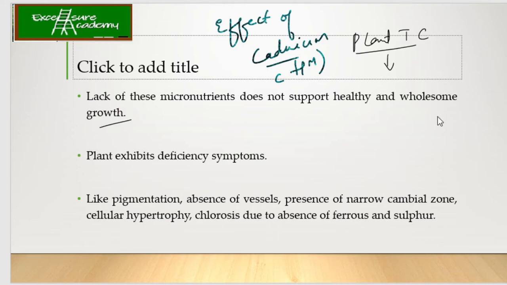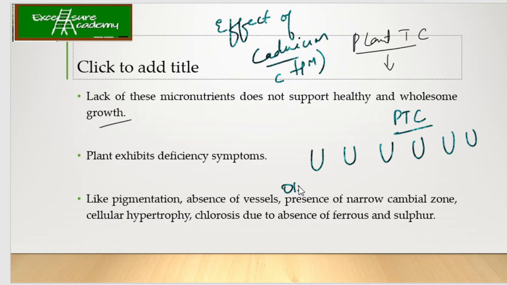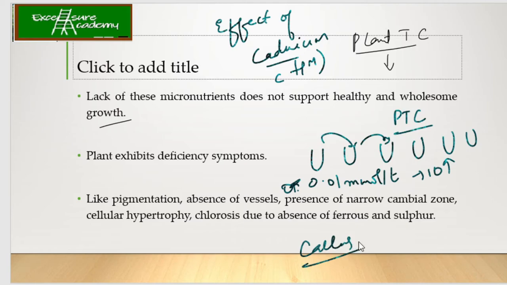For this, I can set up a plant tissue culture setup wherein the tissues are exposed to cadmium, starting from 0.1 millimole per liter. Maybe I can increase the concentration 10 times from here to here to here, right? Then I can place a callus and see whether the callus is growing into a shoot or root, which usually happens. I'll have a control also. When I compare with the control, I'll see what kind of effect it is going to have. Such kind of experiment I can set up.